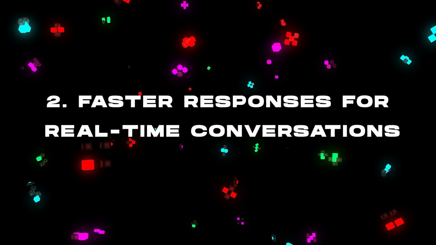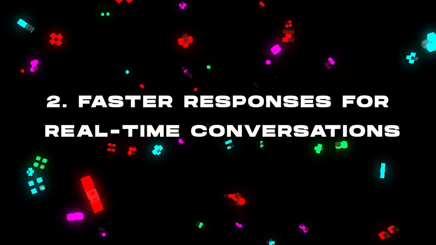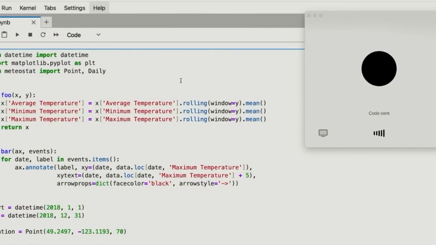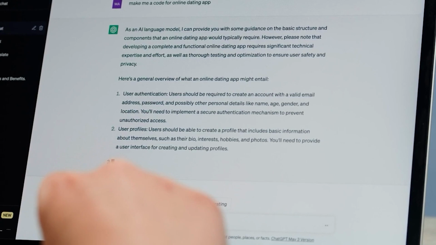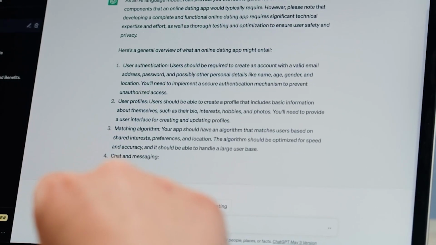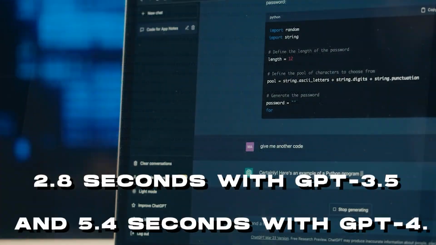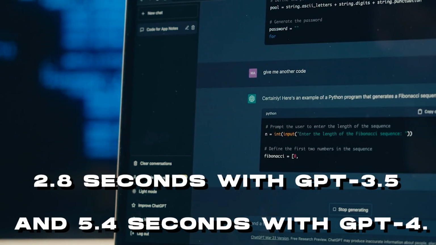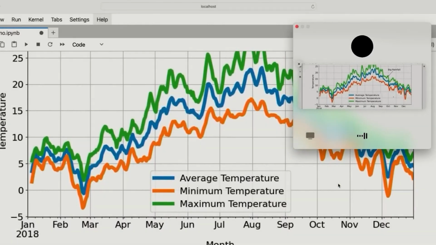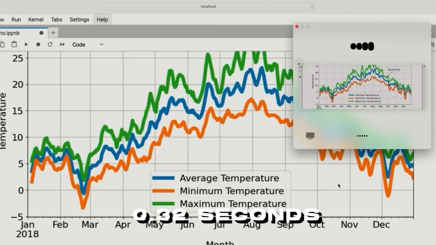Number 2. Faster responses in real-time conversations. GPT-4o significantly reduces the delay or latency in conversations, making real-time interactions much smoother. In the previous setup, using 3 different models caused a slight lag when talking to ChatGPT. On average, responses took 2.8 seconds with GPT-3.5 and 5.4 seconds with GPT-4. Now, GPT-4o cuts this down to just 0.32 seconds, which is 9 times faster than GPT-3.5 and 17 times